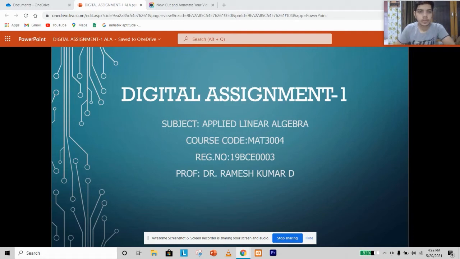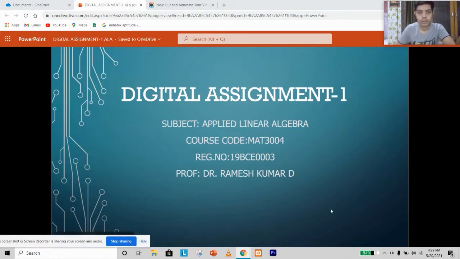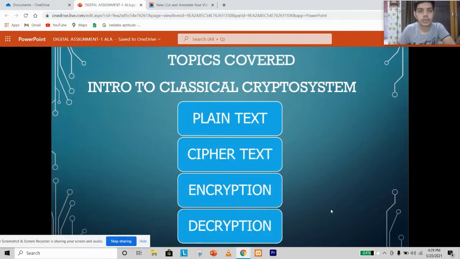Hello everyone. So this is basically a part of a digital assignment based on the applications of linear algebra. So over here I'll be discussing a particular application of linear algebra, that is cryptography. So okay, let's begin. So for those of you who don't have any idea of cryptography, you first need to